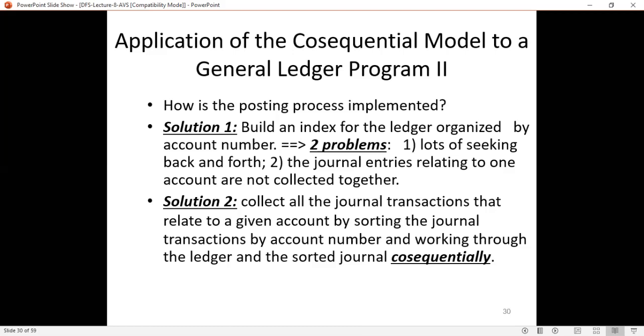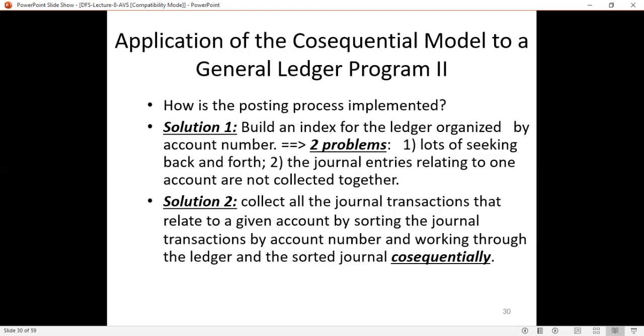That is, you create an index to the ledger file on the basis of the account number. But two problems arise in this case. You need a lot of seeking back and forth, and the journal entries relating to one account are not collected together, that is, it is not ordered.